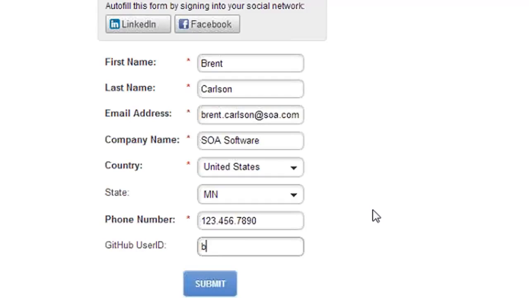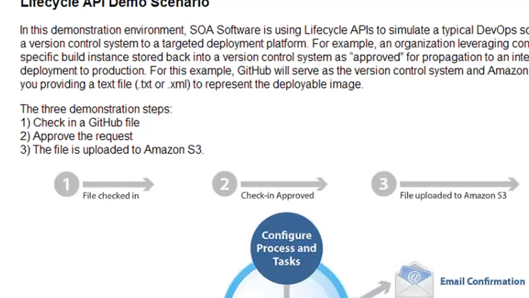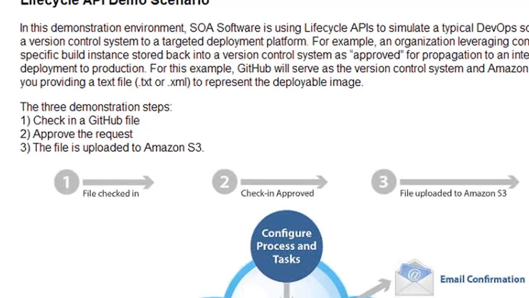And provide my GitHub user ID. Obviously, if we're going to use GitHub as the environment to simulate the build repository, you must have a GitHub user ID. If you don't have a GitHub user ID, you can go ahead and easily create one out there. There's a link right here on this page to create one, and then you can give this a try yourself. So I'll submit this, and in the background, the Lifecycle Manager automation processes are going to run and stand up